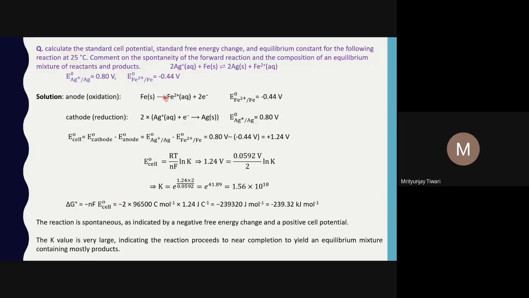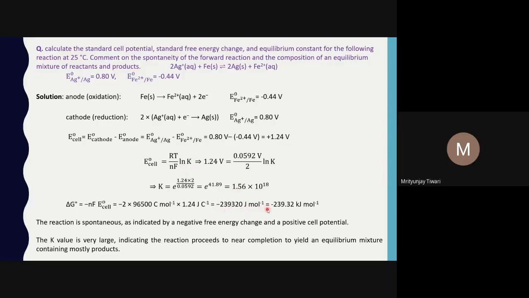Now we can also calculate the standard free energy change. The standard free energy change we can calculate from E naught cell again. E naught cell is given here. So delta G naught is equal to minus n F E naught cell. n is 2, F is 96500 coulomb per mole, the Faraday's constant that we know, into 1.24, which is E naught cell for this reaction, in joule per coulomb. And this value, with the negative sign,